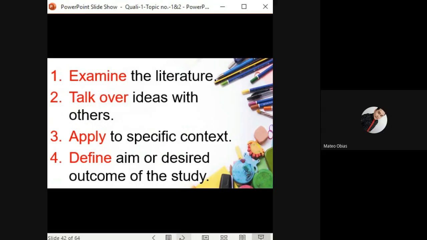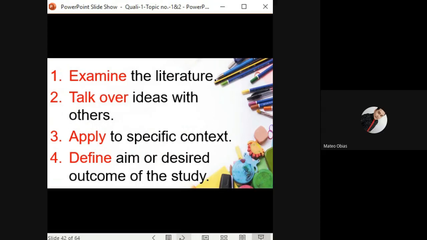So about applying to specific context. Pag sinabi naman natin applying to specific context, you focus the topic on a specific historical period or time period. Okay? So narrow the topic to a specific society or geographical unit. Say for example, kung sinabi Pasay City lahat ng senior high school, why not focus ka lang sa senior high school ng Pasay City East? Okay? So you also consider subgroups or categories or people units who are involved and whether there are differences among them. Okay? So apply to specific context.